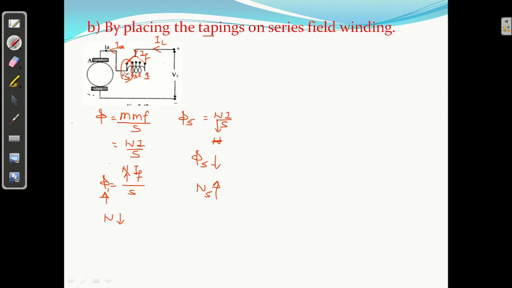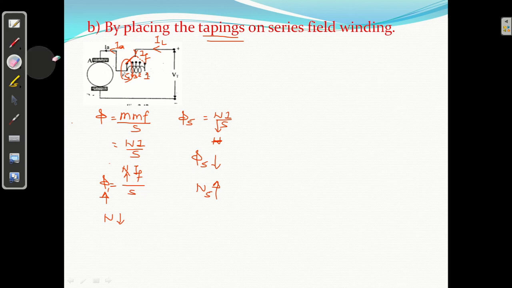We are providing the tappings. When you change the tappings, speed will change, and as you reduce the number of turns, flux will be reduced, so speed will increase. When the flux decreases, obviously armature current will also increase, right? So this is happening. This is the technique we are going to use. Clear? So this is done by placing the tappings on the series field winding,